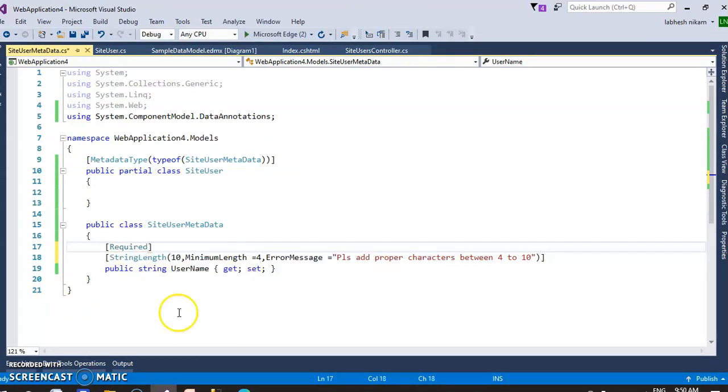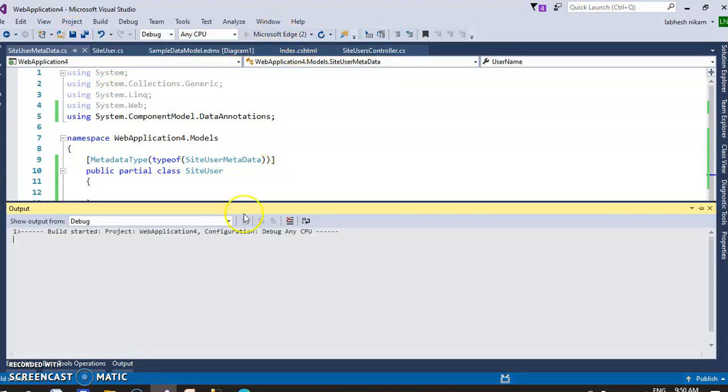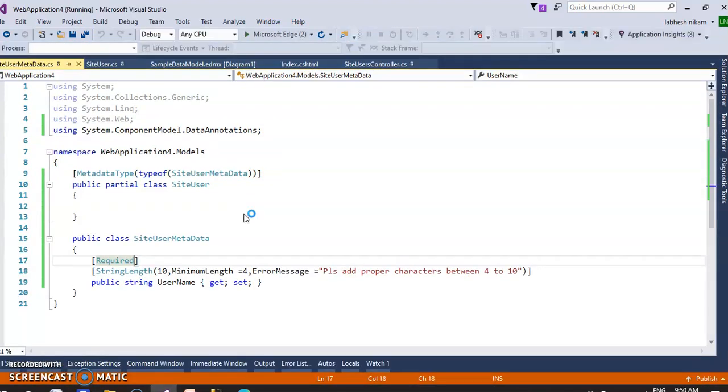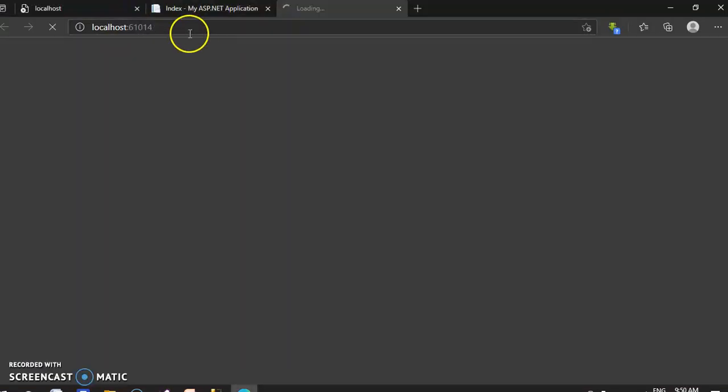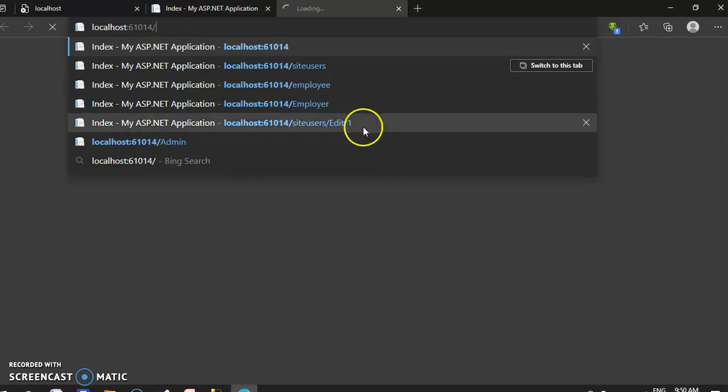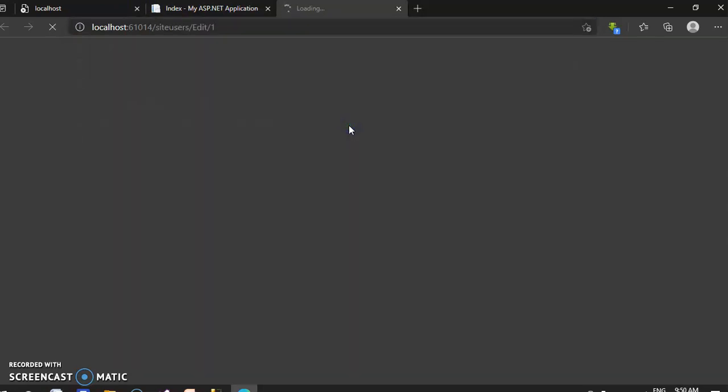Okay, and save it, run it again, and let's check. The blank record must not be generated. Okay, so site users edit one, directly go to the same page where we have to change. Let's put a blank